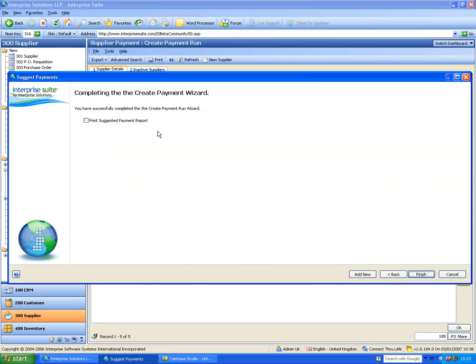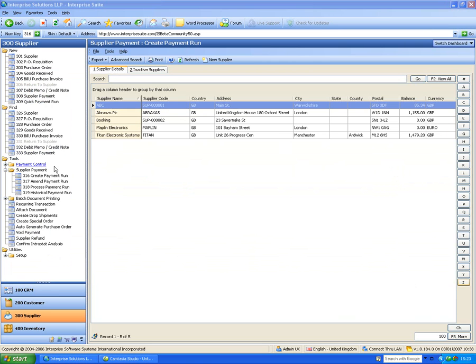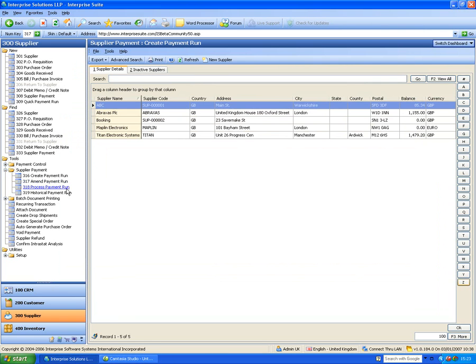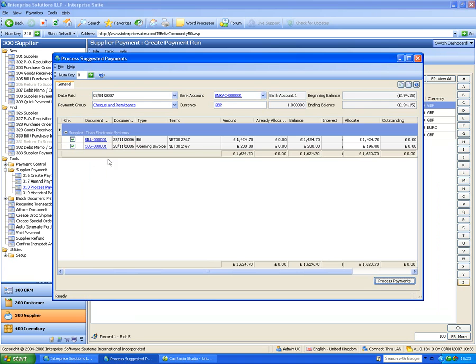I could, if I wanted to, print a suggested payments report, or I can just ignore it. Right, so I've created the suggested payments report. I can now amend it if I wanted to, and now I can process it. Now I process these based on the types of payment that I do. So this is check and remittance. It's picked out the suppliers that I pay by check and remittance. So if I go to process payments,